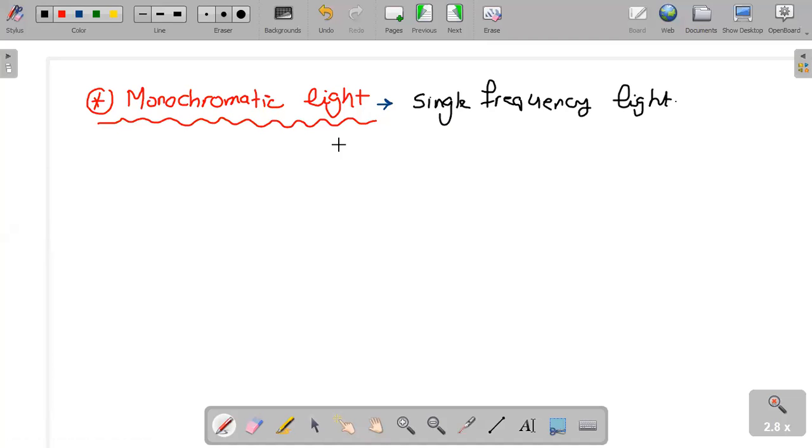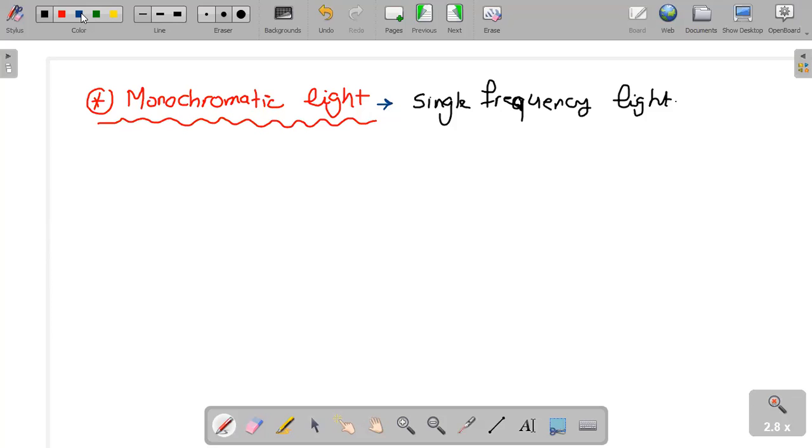Someone may ask me what is meant by a single frequency. Is there any light without a single frequency, with several frequencies? In fact, the monochromatic light is approximately, in physics, something typical, something perfect. All the ordinary lights have a range of frequencies. Put in mind, any light that exists around us, the ordinary light sources, produce a range of frequencies.